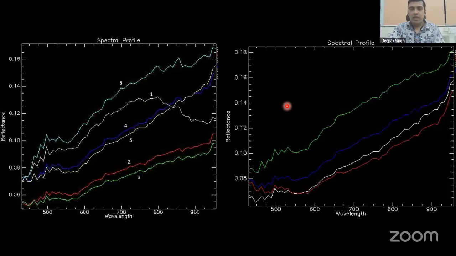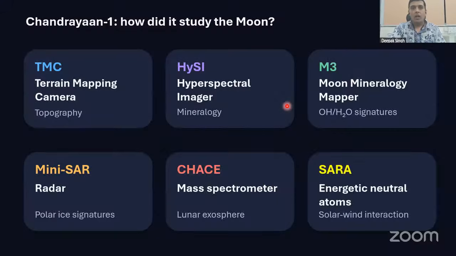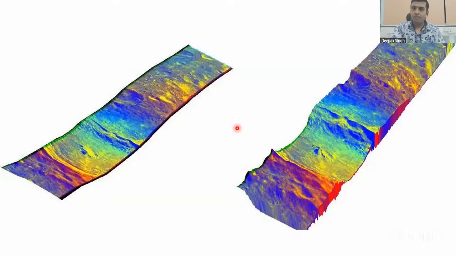So this is all the research which I had done while I was in ISRO. Now let's come back to the overall perspective, like what kind of instruments we had in this mission. As I mentioned, there were many of them. I used this one, the HySI, or hyperspectral imager data. This was good for mineralogy. I showed you the mineralogy map actually. In that map, I'll go back. As you can see, different colors actually indicate different minerals. One is indicating silicon oxide, feldspar, another is indicating titanium oxide, and one more is there. So different minerals are indicated by different colors.